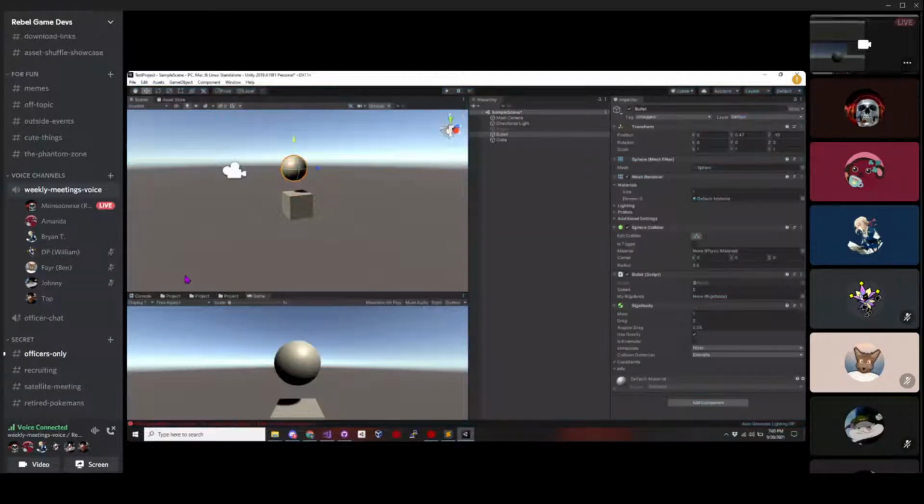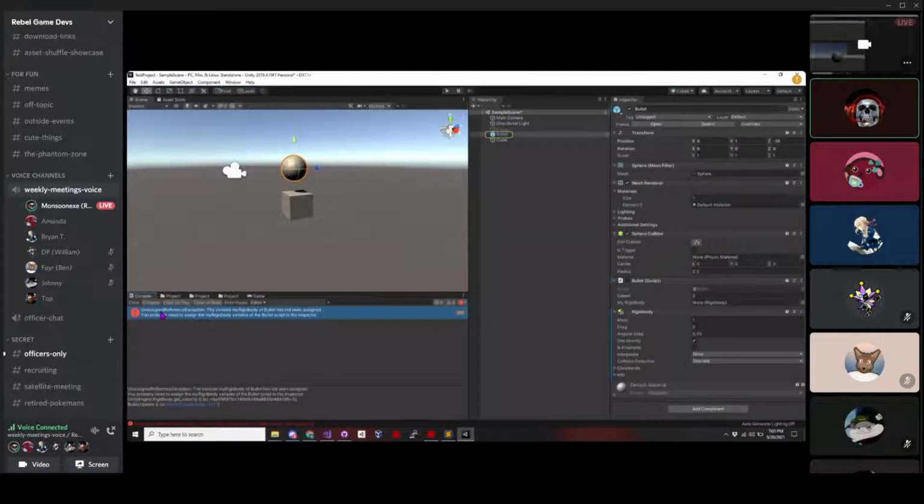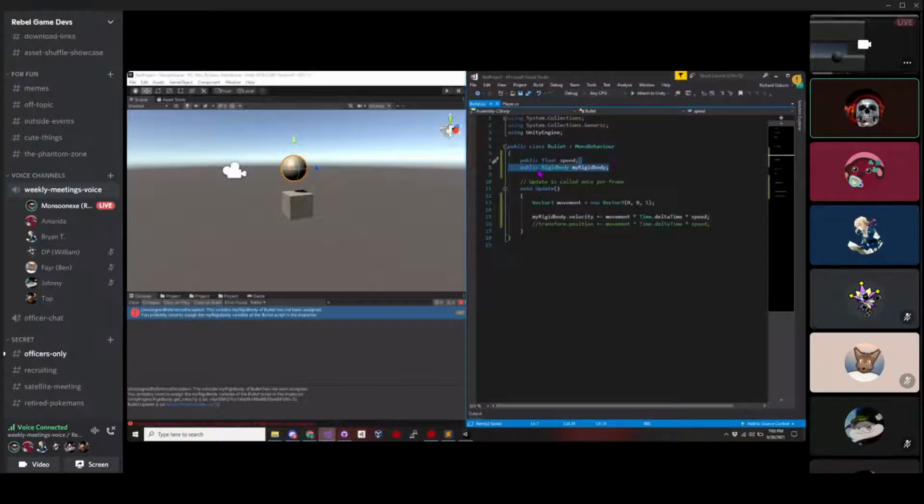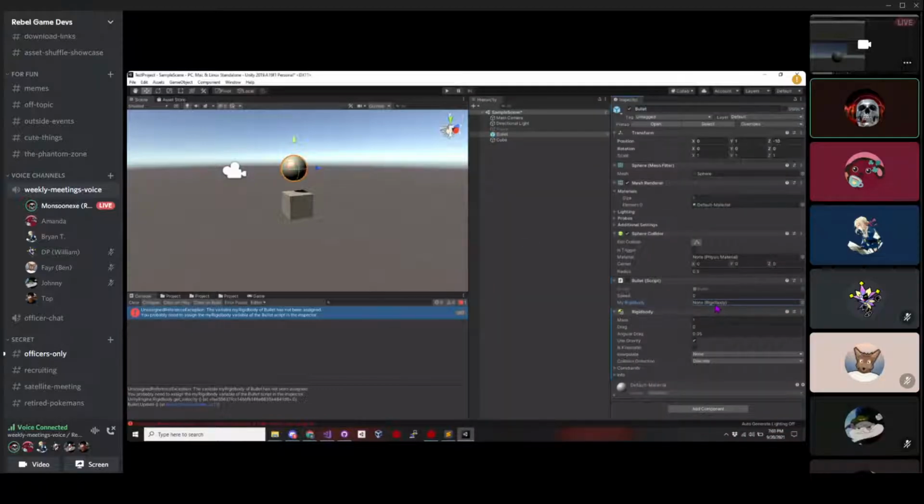Oh, I have an error. Yes, I have an unassigned reference exception. So that's big fancy words for you forgot to drag and drop me. I created the rigid body as a public field, but I need to assign it. So I can either grab the whole bullet and drag it in, and it will automatically find the thing that fits, or you can just drag the thing in there itself. But now that has been set,